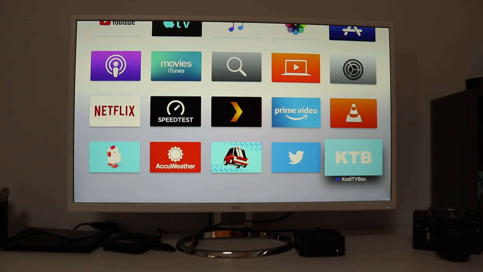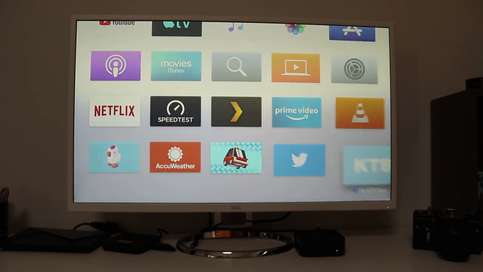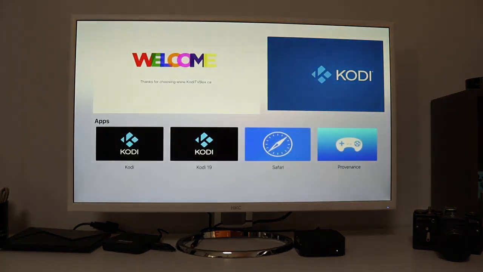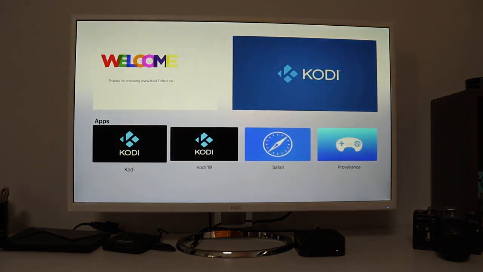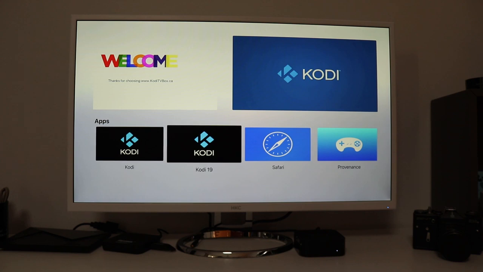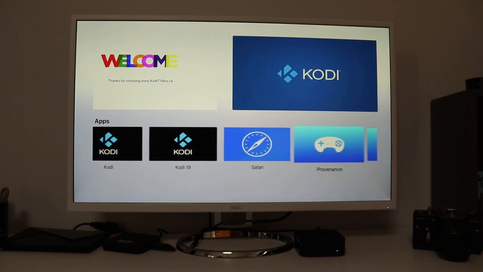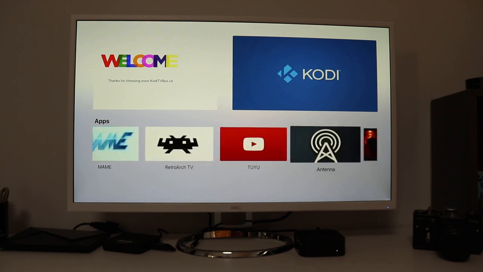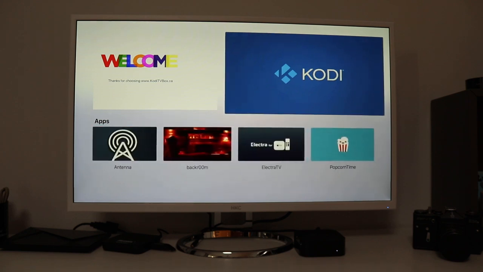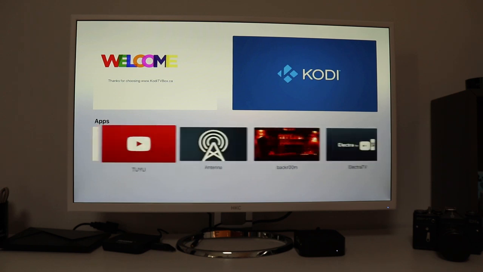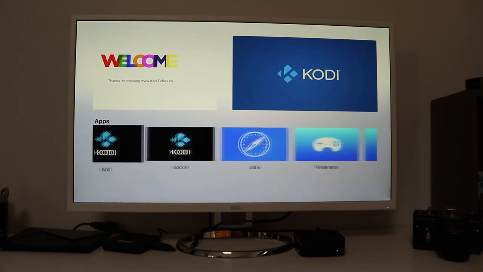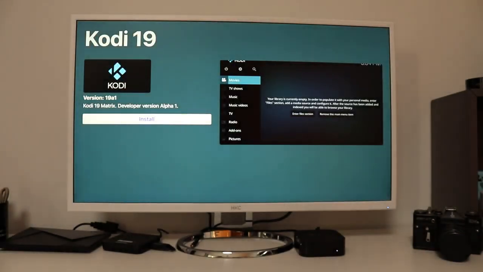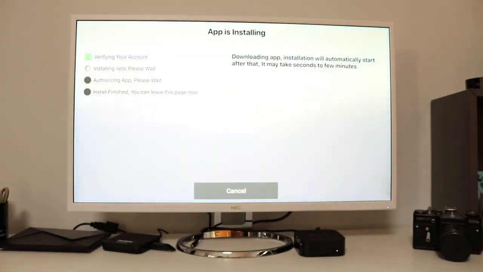Select the KTB application, and once it's launched, boom shakalaka baby, we have several apps from which to choose. We have of course Kodi 17 Leia, we have Kodi 19, Safari, Provenance, MAME, RetroArch, TUYU, Antenna, an app for US TV Now, Backroom and Electra TV, and PopcornTime, which I love. For now we're gonna install Kodi 19, so let's select it, hit on install,